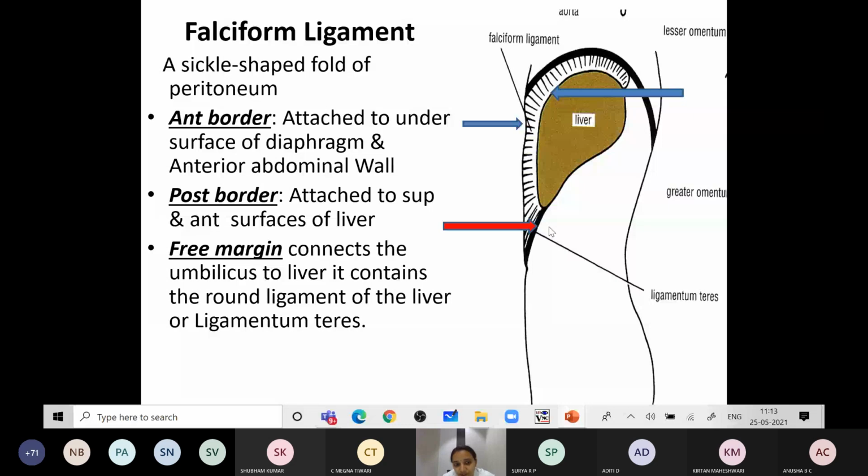Don't confuse this: the ligamentum teres is the obliterated left umbilical artery, not the right one. So the free margin contains the ligamentum teres hepatis. The falciform ligament extends from the umbilicus and the anterior abdominal wall, so it is present above the umbilicus. The falciform ligament, when it reflects on the liver,